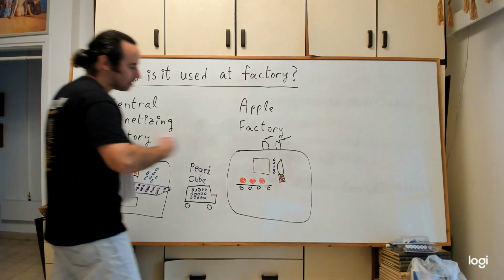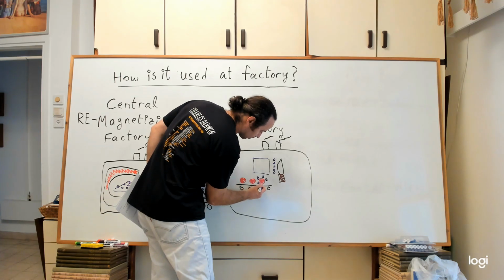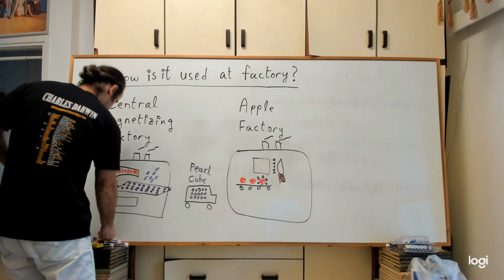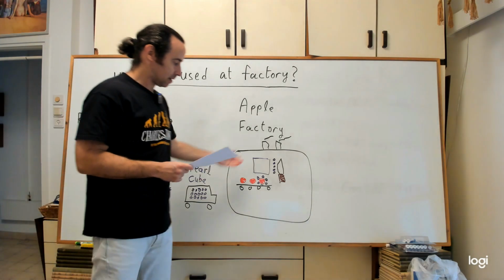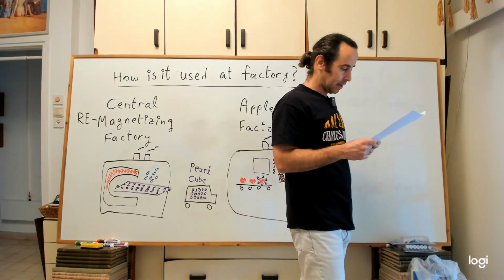And this slice is used afterwards to wrap an apple. And then another apple and another apple. Okay, so